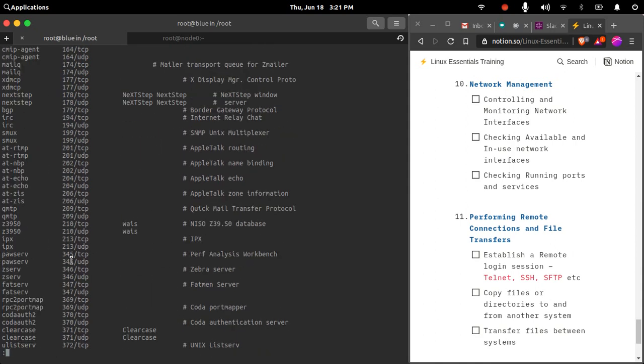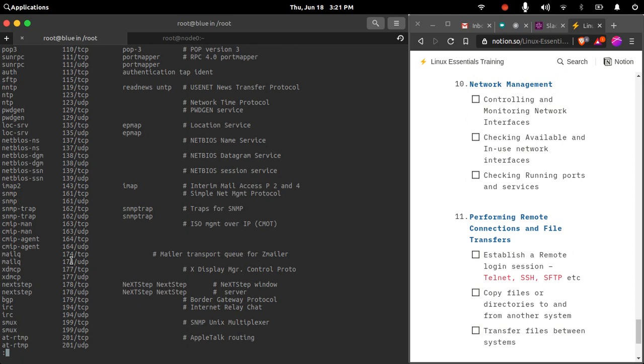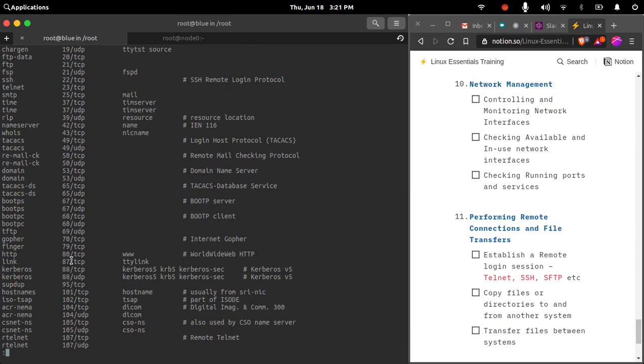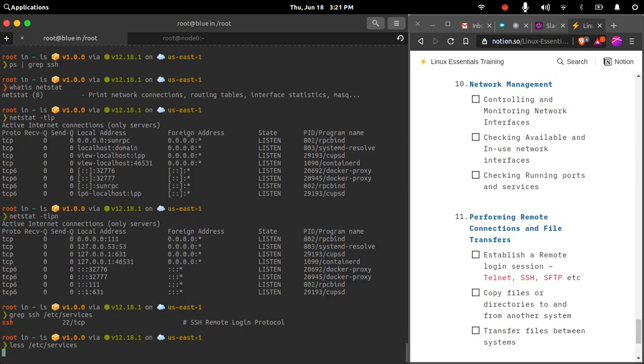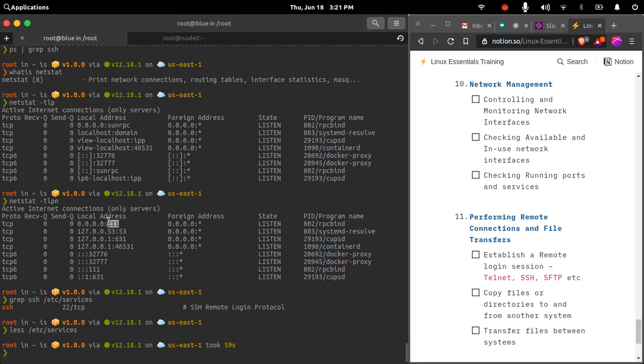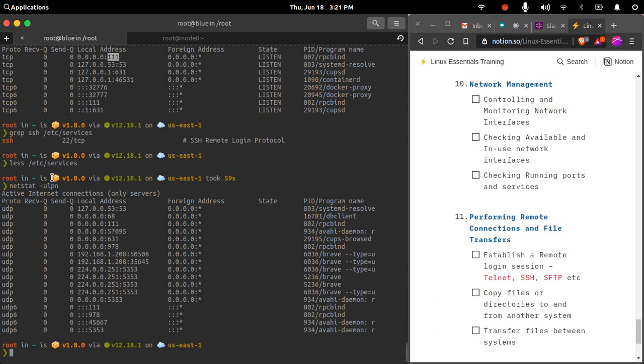But even if you have these services running, you can configure those services to run on a different port if that port is available on the system. So if port 111 is free, I can use it to run some other service. So netstat is one command basically where you can check with different options. Let's say if you want to look for all the UDP ports, what I will do is change from TLPN to ULPN.